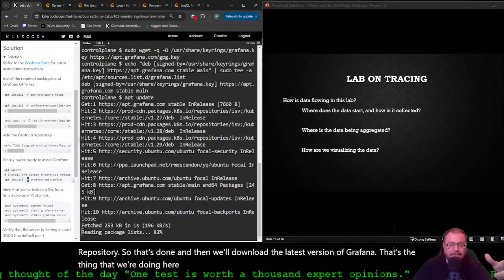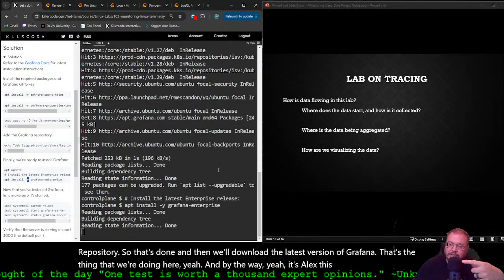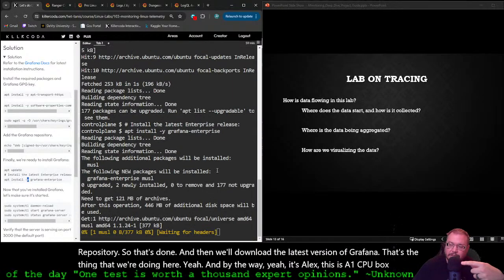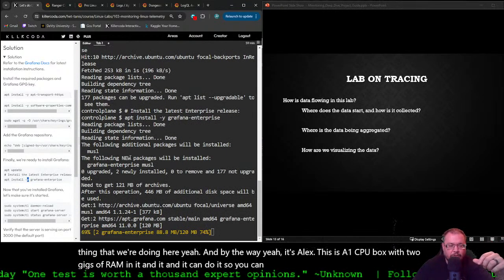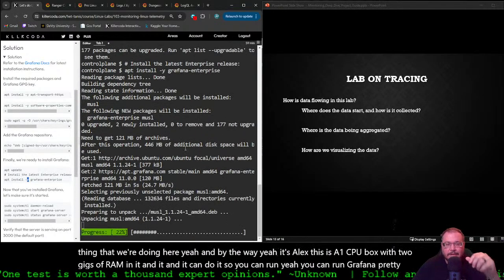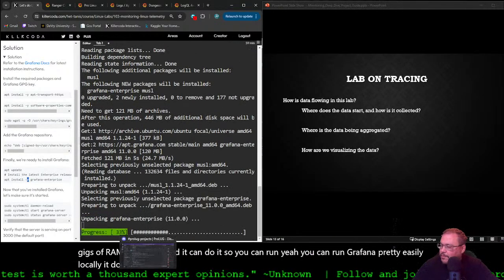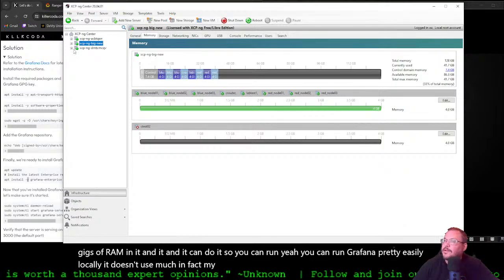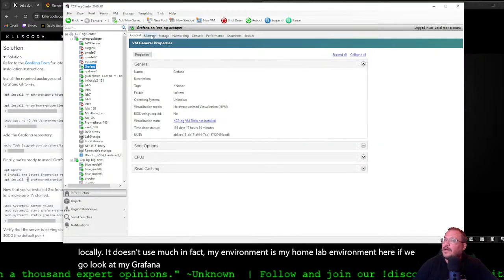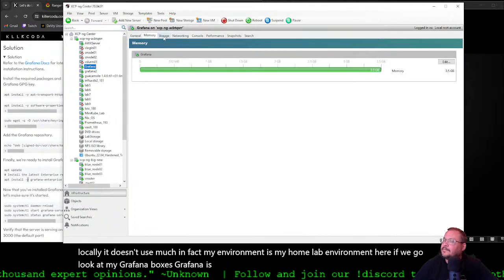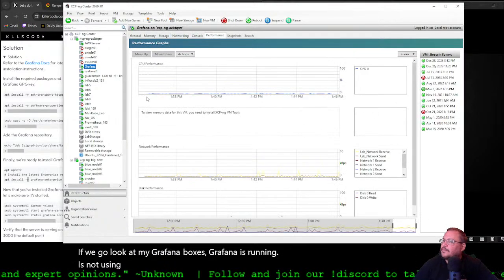And by the way, Zalix, this is a 1 CPU box with 2 gigs of RAM in it, and it can do it. So you can run Grafana pretty easily locally. It doesn't use much. In fact, this is my home lab environment here. If we go look at my Grafana boxes, Grafana is running, and it's not using that much.